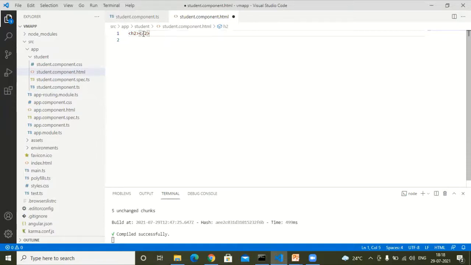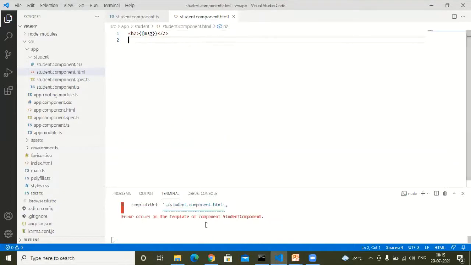So how are you going to add those things? We are going to add those things into the interpolation. So how are you going to add that interpolation? Curly parentheses, inside that again other curly parentheses, and then inside that you will type message. Now what is the use of these two curly parentheses, and inside that you are declaring a variable? These two curly parentheses are nothing but your interpolation, and your interpolation will replace the variable by its text. Simply save this file.